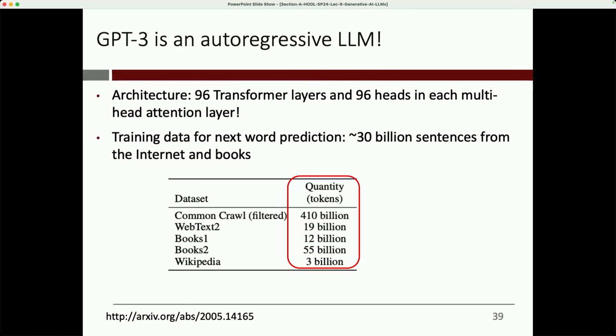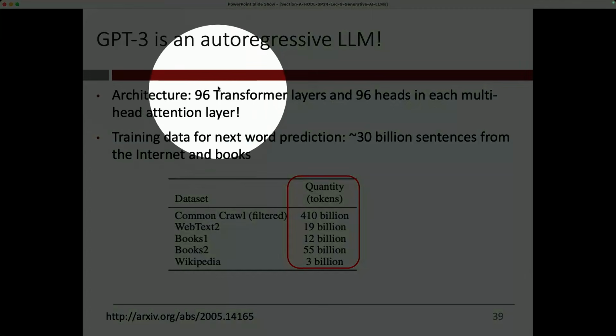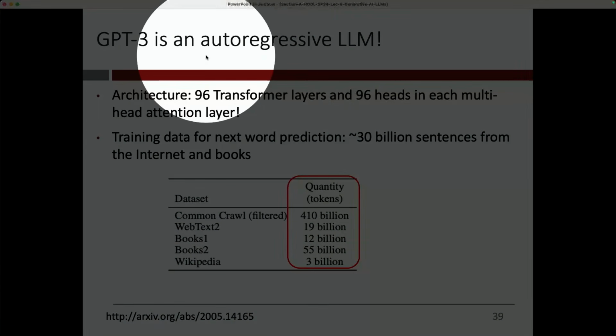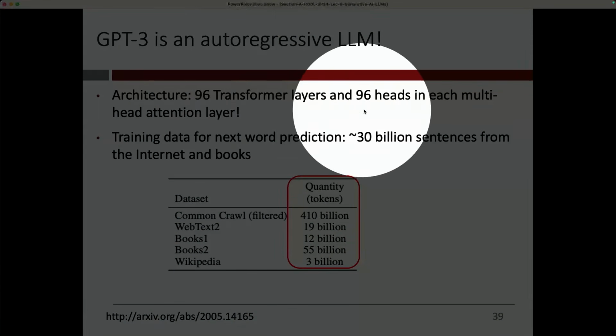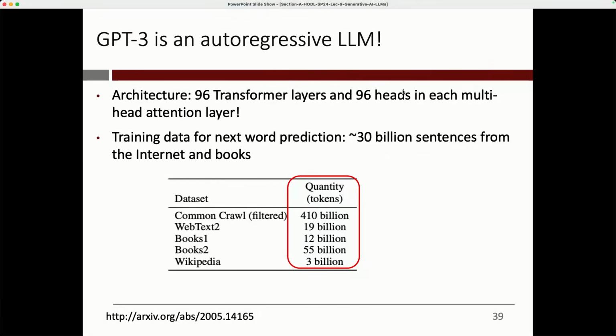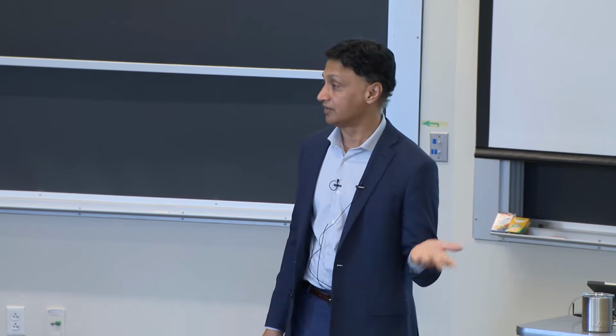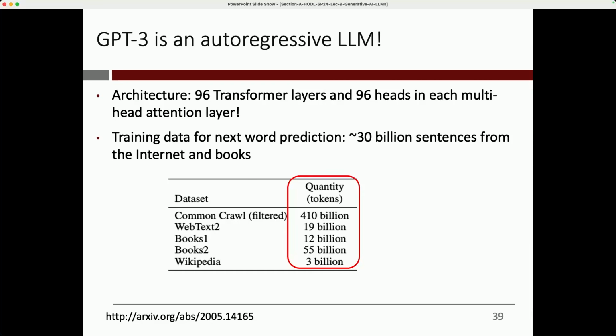As it turns out, GPT-3 uses 96 transformer blocks, and each block has 96 causal attention heads. Okay? And you can read the GPT-3 paper. It gives you all the details of the architecture. That is interesting because for GPT-4, they didn't publish the architecture. After GPT-3, everything became closed. So we actually don't know what the architecture is, even though there's a lot of speculation on Twitter. But for GPT-3, we know exactly what happened, right? It's 96 blocks, each has 96 causal attention heads.